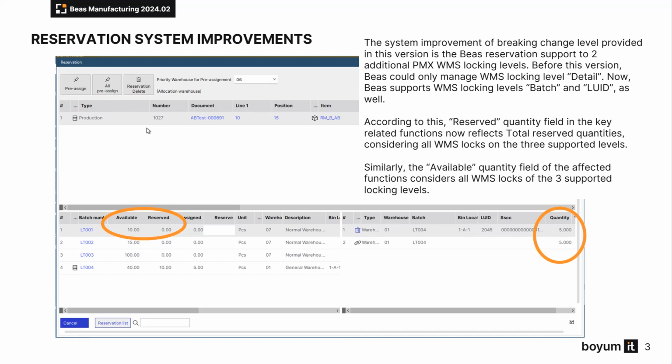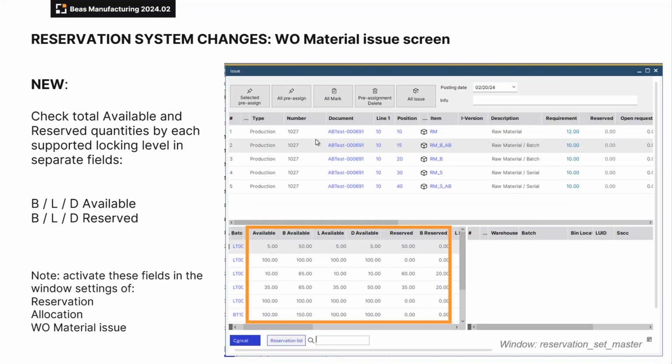Similarly, the available quantity field of the affected functions considers all WMS locks of the supported 3 locking levels. For a better overview of the reserved quantities per locking levels, we provide you individual fields marked as B reserved, meaning batch locking, L reserved, meaning LUID locking, and D reserved, meaning detail locking quantities. Similarly, you can check the available quantities per each locking level as well. All these new fields can be activated in the Windows settings of desktop functions, work order material issue, reservation, and